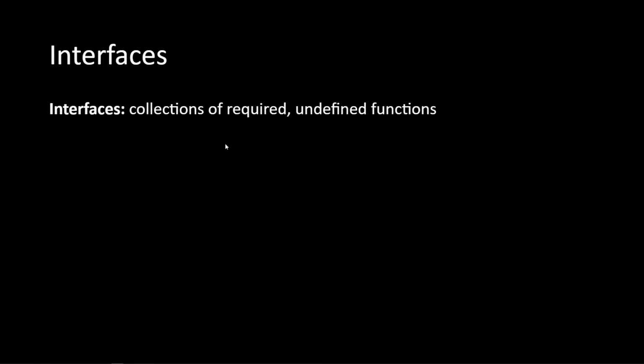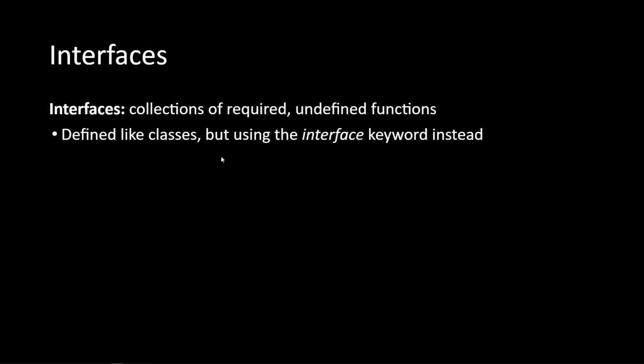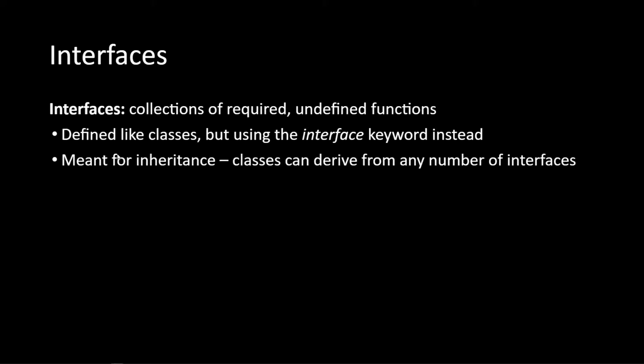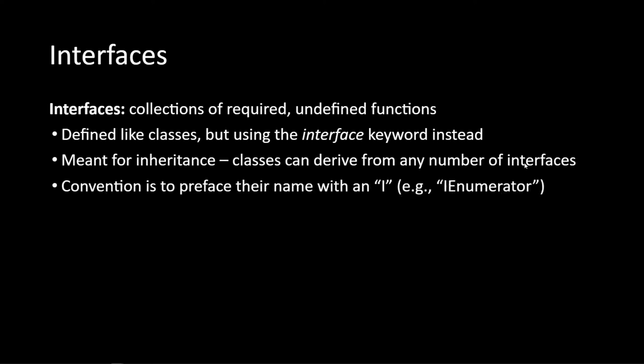So interfaces are basically collections of required but undefined functions. They are defined and they kind of look like classes, but they use the keyword interface instead of class, right? They are meant for inheritance. Classes can be derived from any number of interfaces. And normally the convention is, we put I in front of them. So IEnumerator, for example, is an interface,